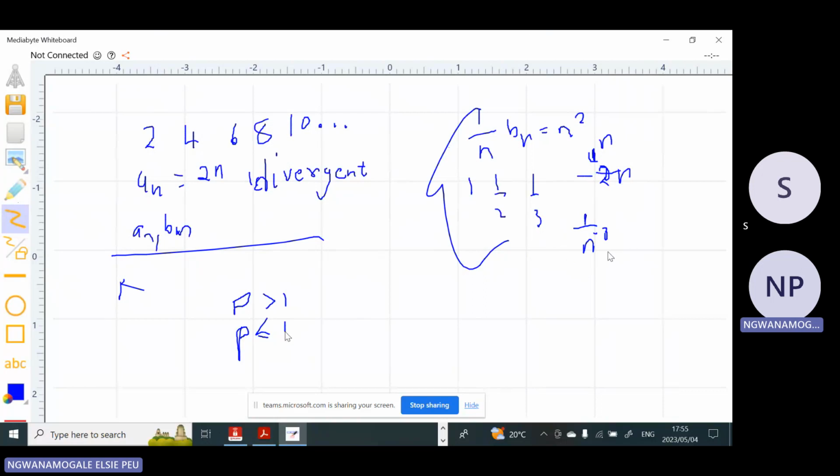So we can take a sequence, our bn, equal to 1 over n to the power negative 2. When we take that, we know that this sequence,